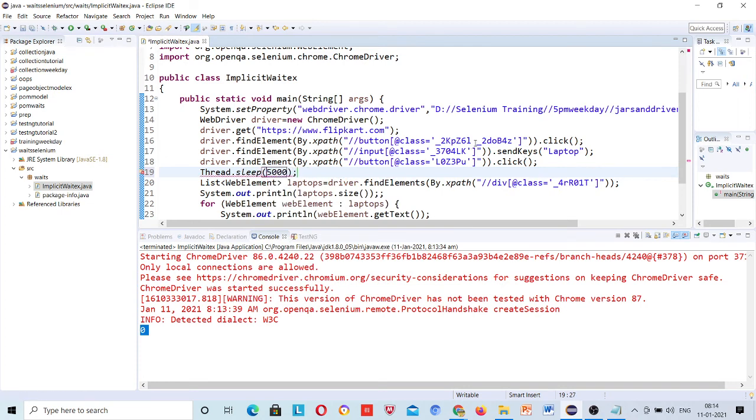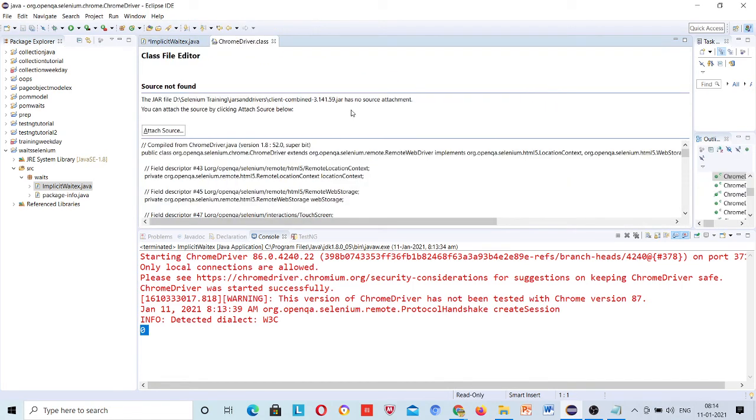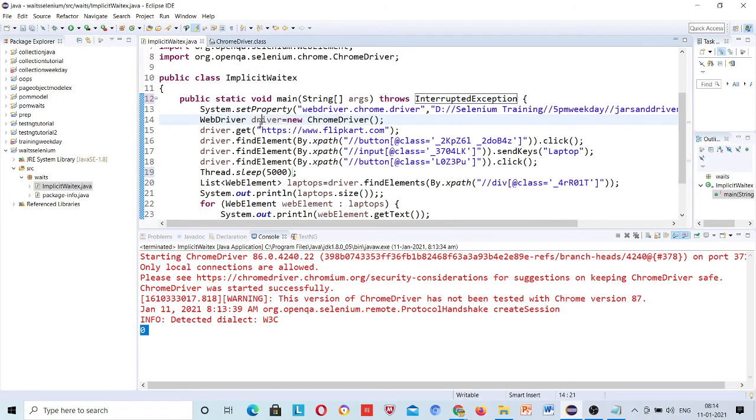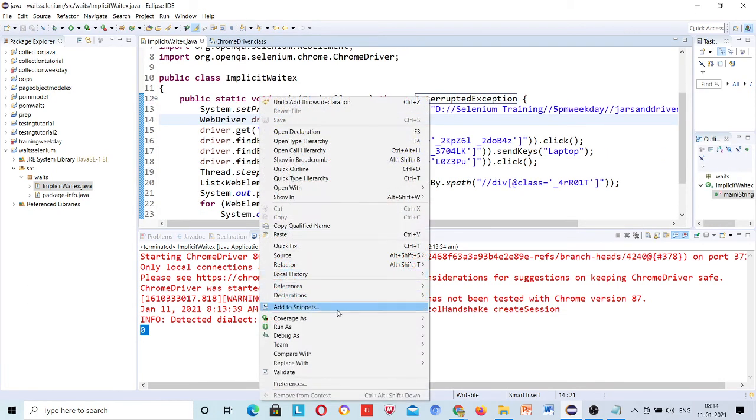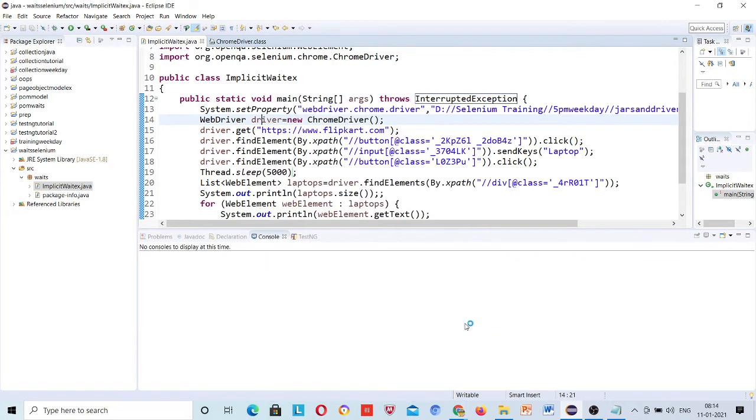Okay, and here I am giving add throws declaration and then right click. Now it will work.